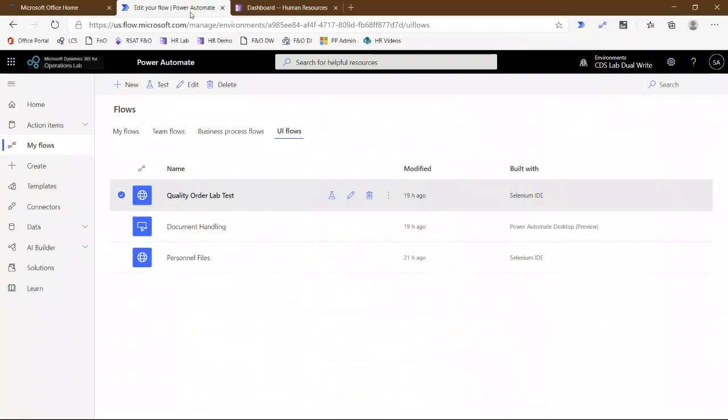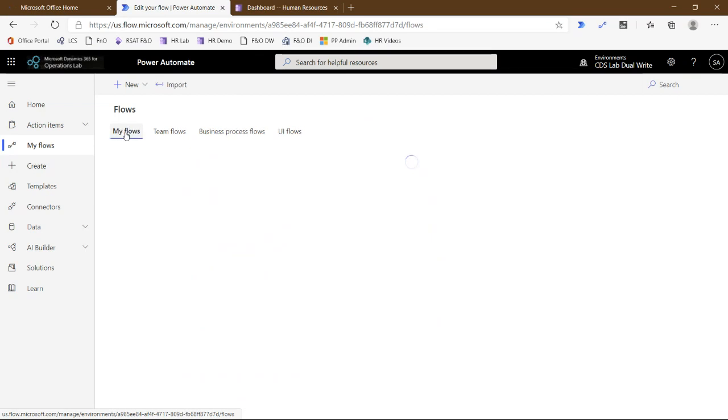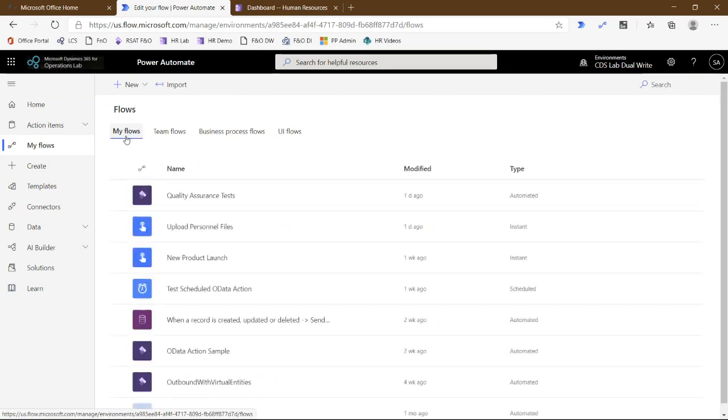So I'm over here in Flow. I'm going to open up this one. No, this is the UI flow. I want to go to the regular flow. So I'm on the UI flows tab right now. And you'll notice when you are in the Power Automate Maker portal, there's a separate tab where your UI flows go. If I switch back over to my flows, this is where I can see the actual flow that